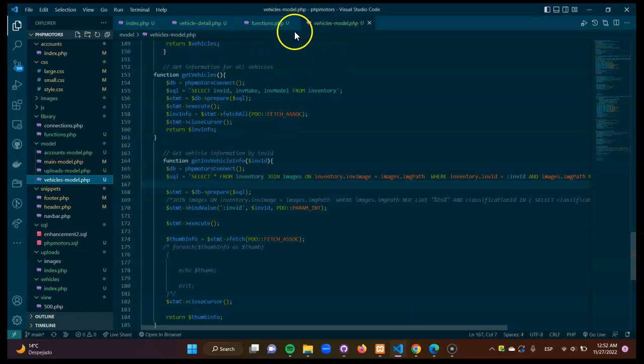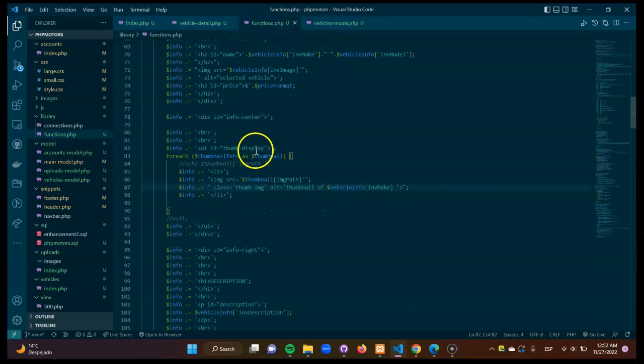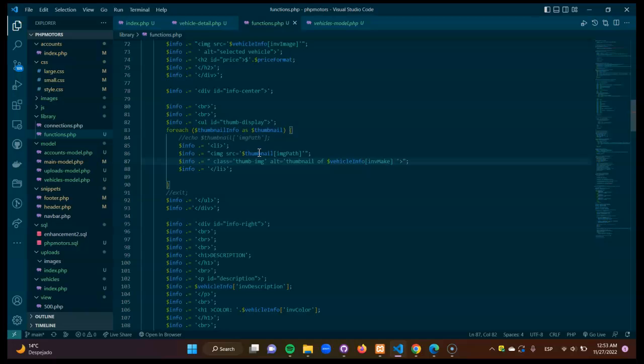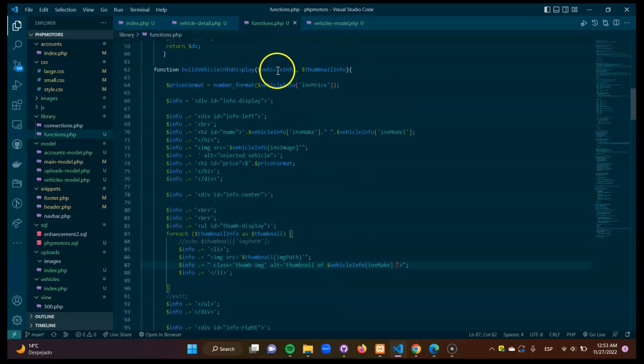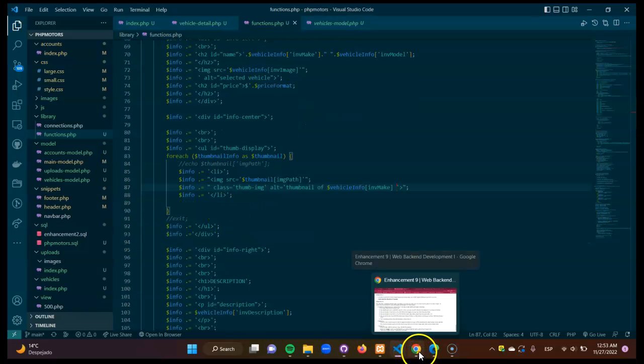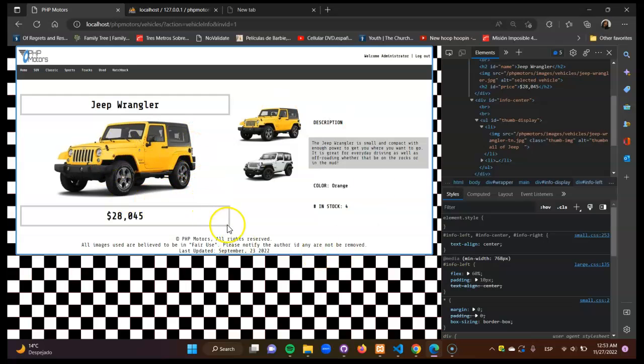So both functions are here in my controller: get vehicle info and get thumbnail info. The return value of the return, I save it in these variables, and then I pass these variables to the vehicle info display function that is here in my functions file. And you can see here both variables, and I use those arrays to make my view, this view. Okay, so